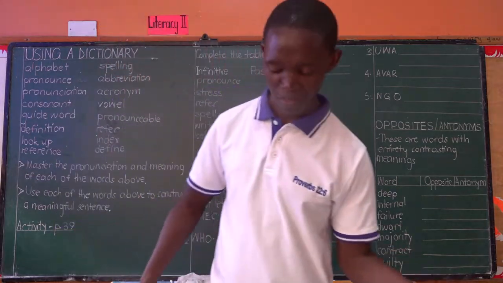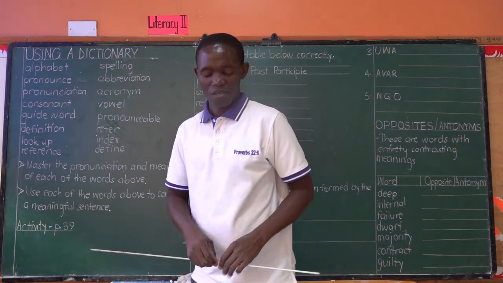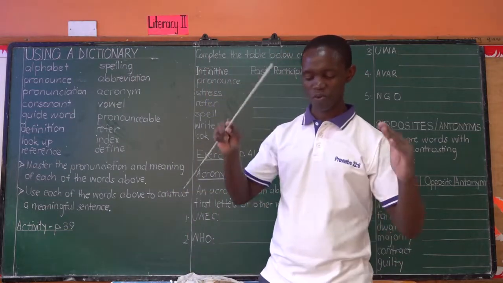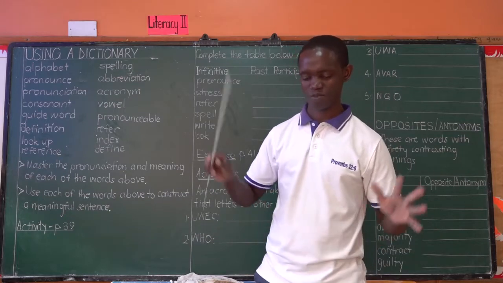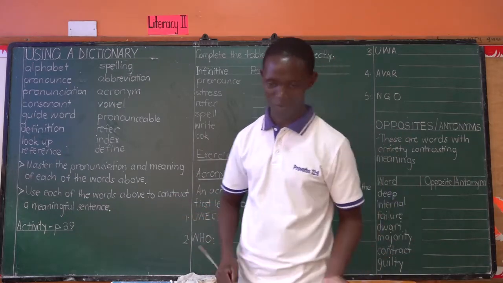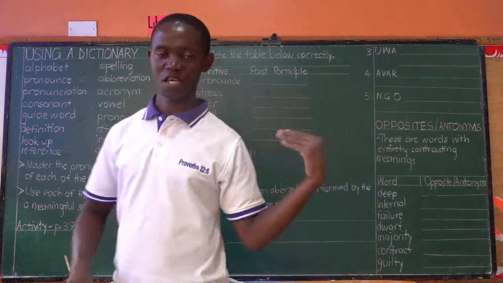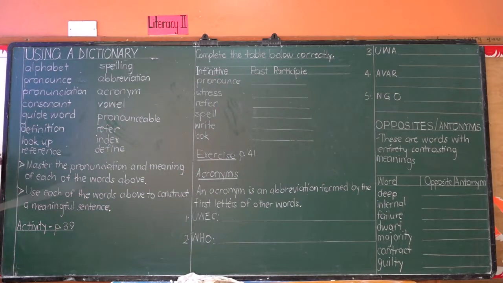It is always a summary of what you have in the workbook. I normally tell you, we may not be able to write whatever you have in the workbook on the board. It's not easy to transfer everything from the workbook to the board when the person following has the same workbook. So we give you a summary of what is on the board, then what you are supposed to do, so that you find it a bit easier to approach the activities in the workbook.